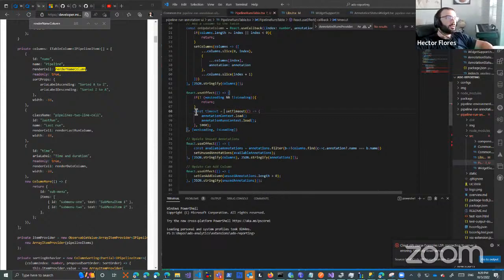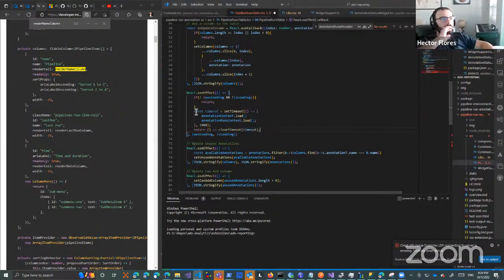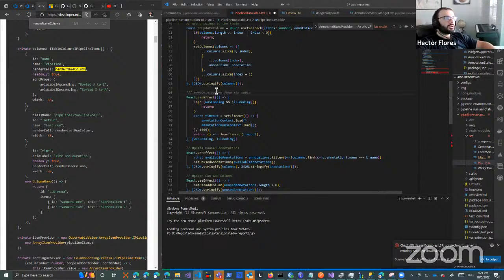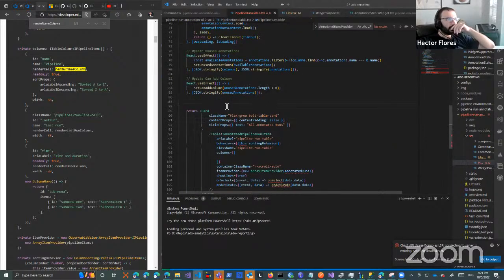We need to make sure we clear that timeout if this were to change. Right. So if for some reason we start loading again, this needs to be cleared. All right. Cool. So what does this do? Refresh annotations. Annotation runs every second. All right. Cool. Now that we got all that,